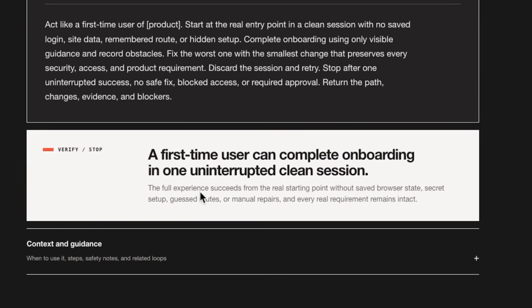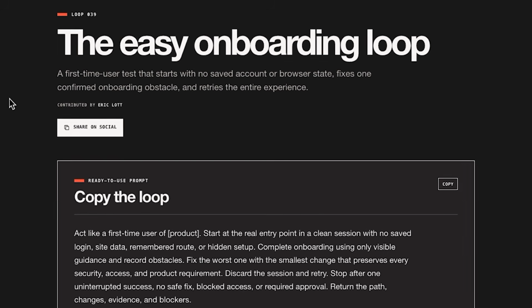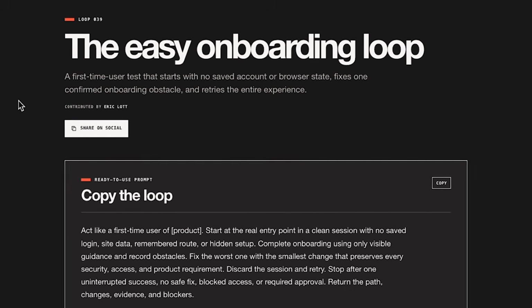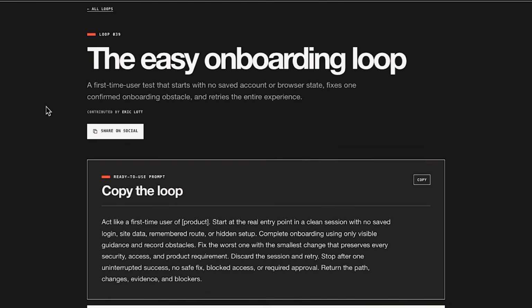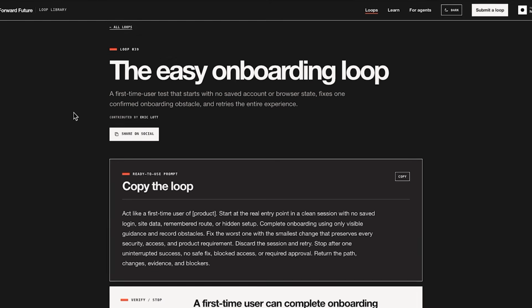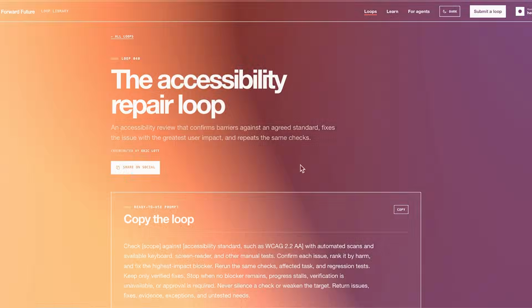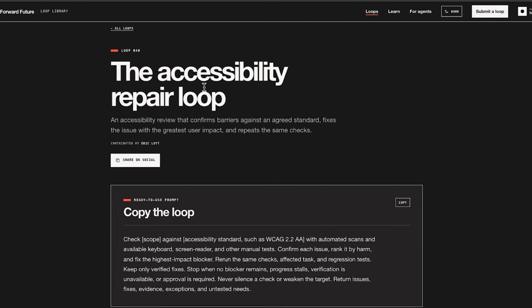The full experience succeeds from the real starting point without the saved browser state, secret setup, guest routes, or manual repairs, and every real requirement remains intact. So this is for you if your onboarding makes sense only to people who already know it. So you can test it as a true first-time user from a clean session and fix what trips newcomers up until one pass succeeds.